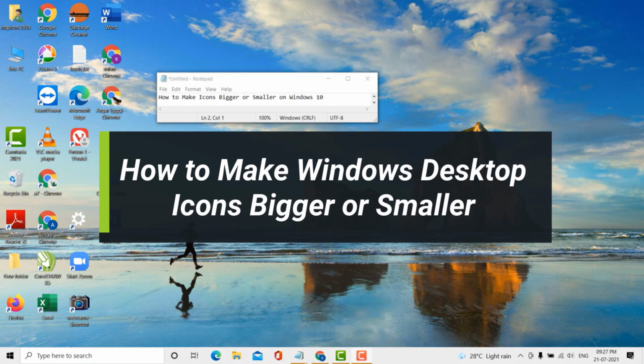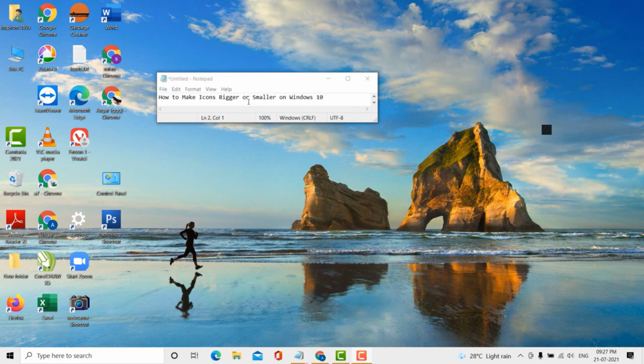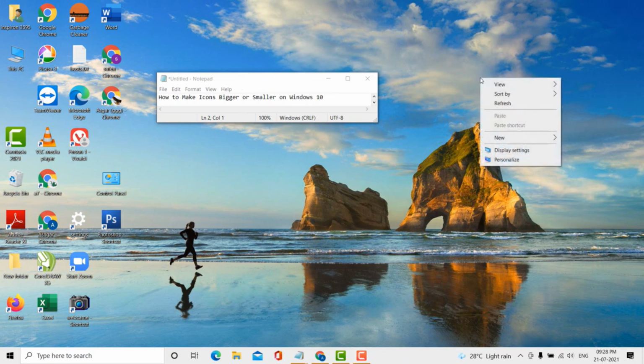Hello guys, today in this video I'm going to show you how to make icons bigger or smaller on a different PC or laptop. So guys, if you want to make icons bigger or smaller on a different PC or laptop, it's very easy. First of all,